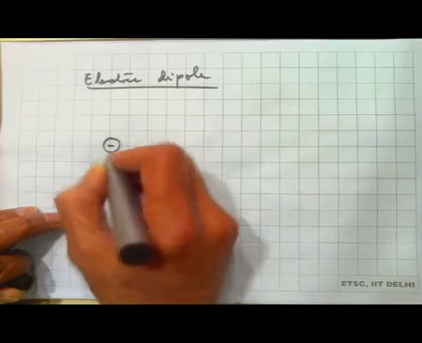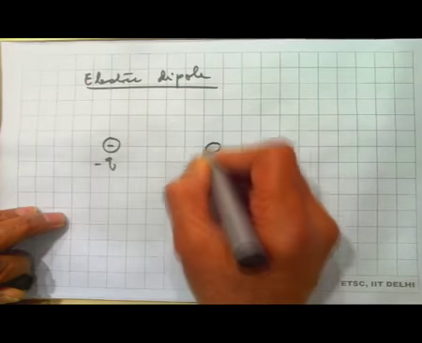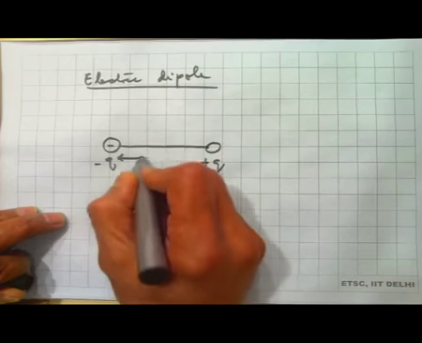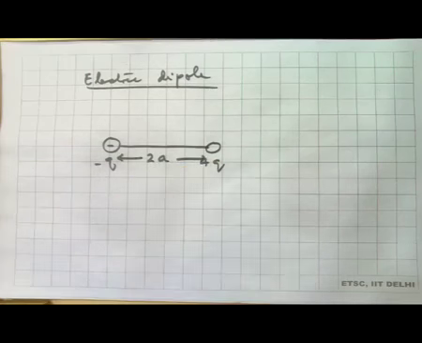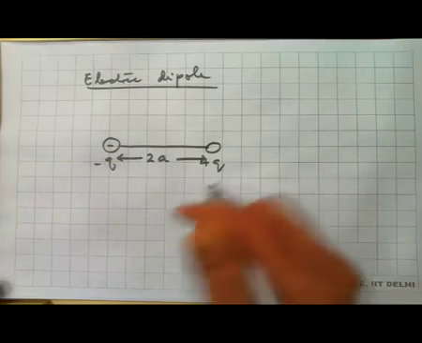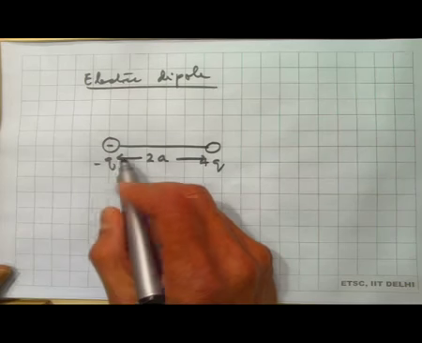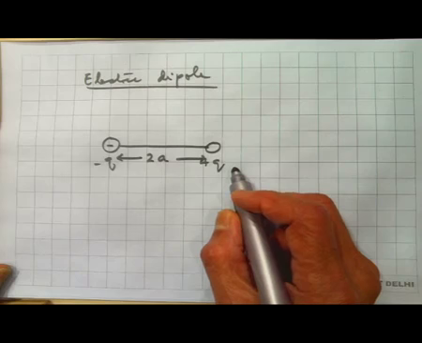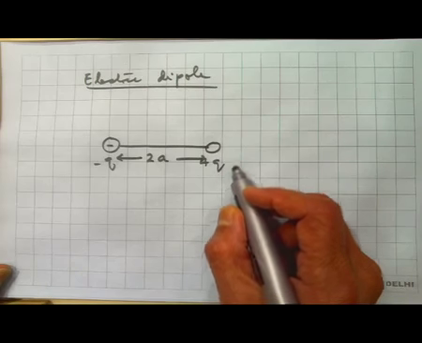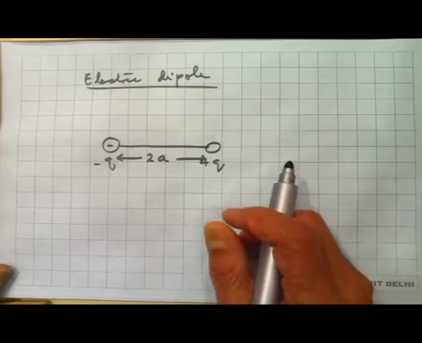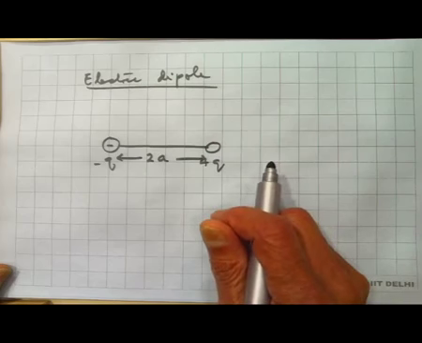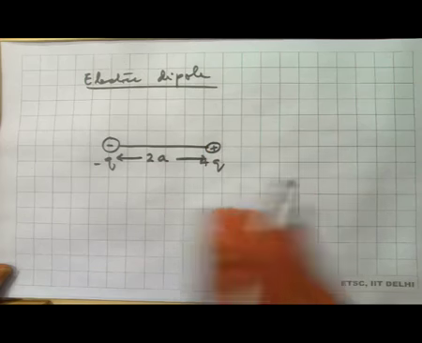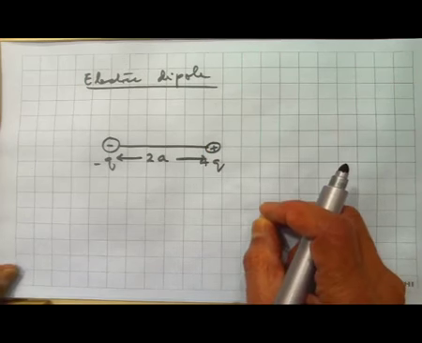It consists of a negative charge minus q and a plus q separated by a distance which I am calling 2a. So, this is a dipole, two equal charges, one minus q, one plus q, separated by a certain distance 2a. Note that the total charge of this system is 0, but as we saw last time, in spite of this fact, it still produces an electric field, because the two charges plus and minus are displaced with respect to each